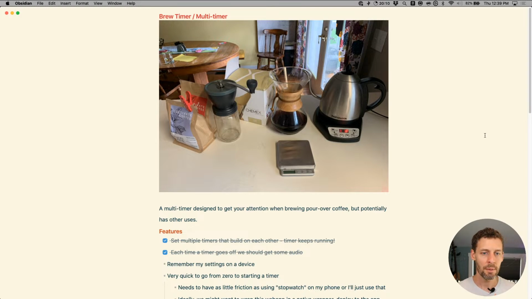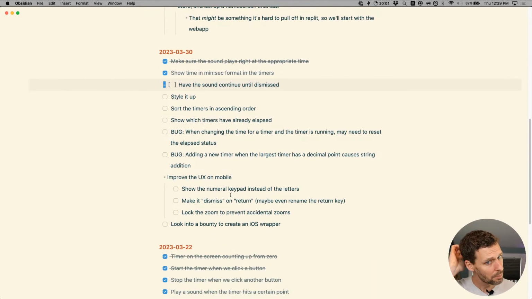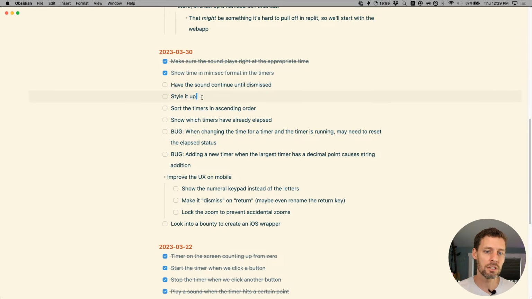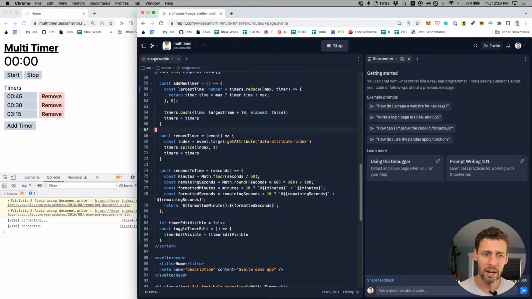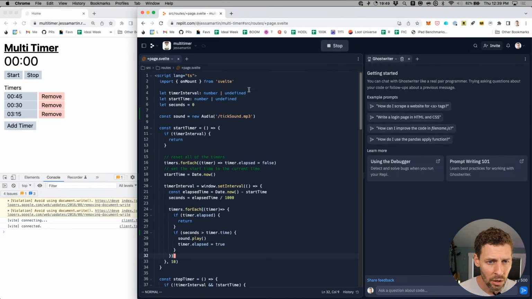And so I need that sound to repeat until I do the thing and say I did the thing. I'm not going to worry so much about the UX today, but we need the logic so that the timer continues to play the sound on repeat until I dismiss it. And I'm really not sure how to handle this case. But let's work on that now and see if we can knock that out in this Pomodoro.